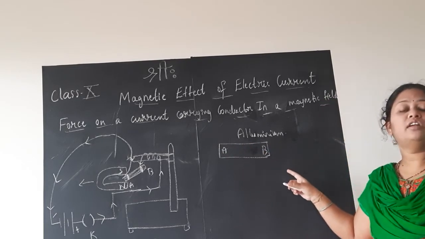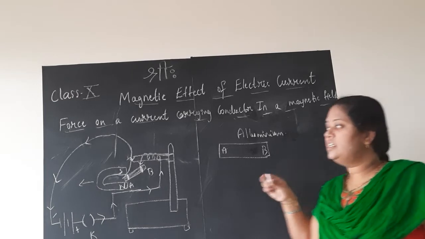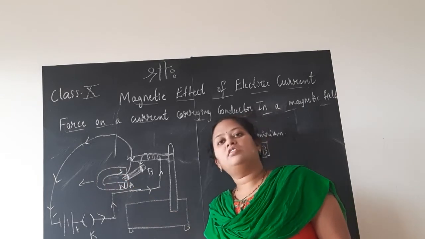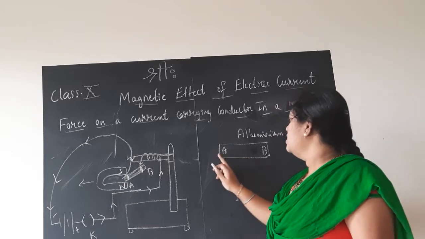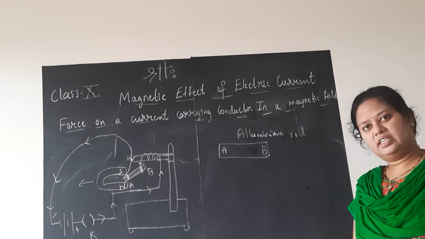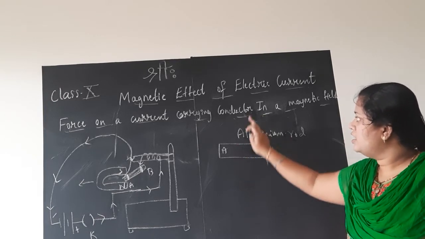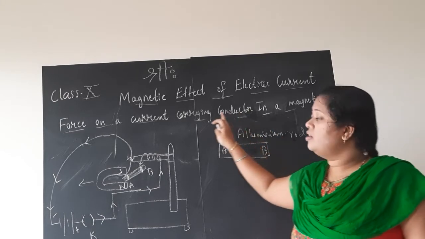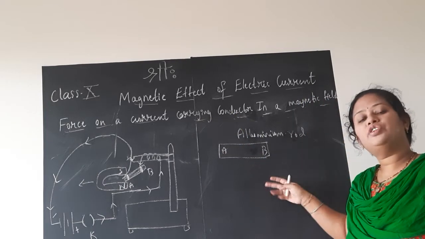This is not the magnet. Don't get confused. We are not at all using a bar magnet here, children. Instead, if you have observed the picture here, which shape is this? It's a horseshoe magnet. Yes, no, it is a horseshoe magnet. Now, this aluminium rod is the conductor which we are considering. So the conductor is ready. But we want a current carrying conductor, which means through this conductor we should pass the current.